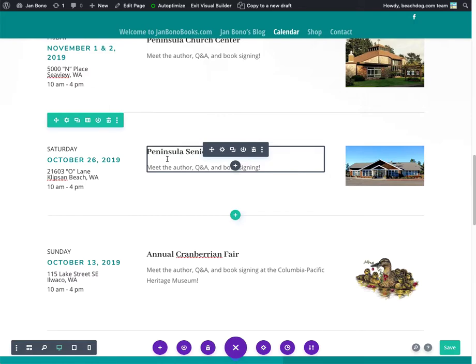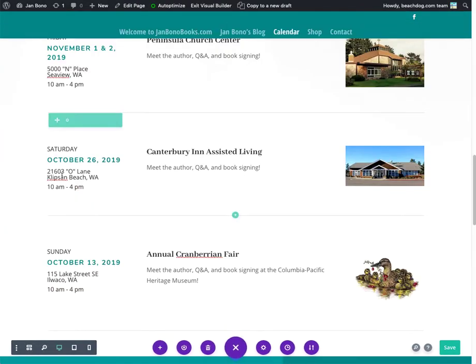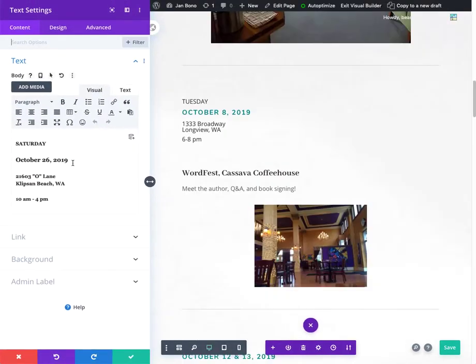Okay. So the next one is going to be at the Canterbury Inn Assisted Living. Clicking the wheel. Is that a center? No. Canterbury Inn assisted living. Boom. Clicking over here. And the Canterbury Inn is November 8th, which is a Friday, caps lock. And that is located at